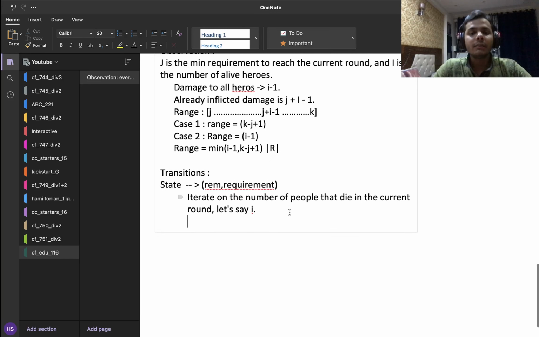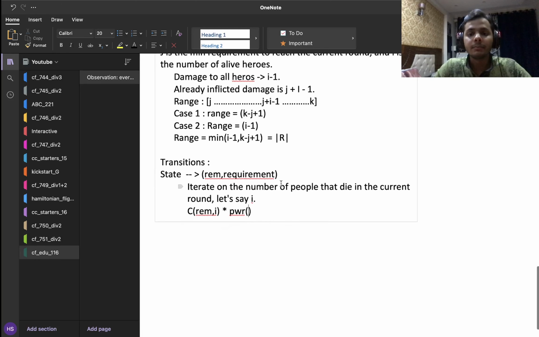So what is the total number of ways here? Firstly, I will choose I people from n people, and all these I people are going to die. And once I have successfully chosen I people, I also have to assign them values, and all of them can have values starting from anywhere in this range and ending anywhere up to this endpoint. So all of them can have a total of mod r values, right? So the number of ways is a combination: from rem I will choose I people.